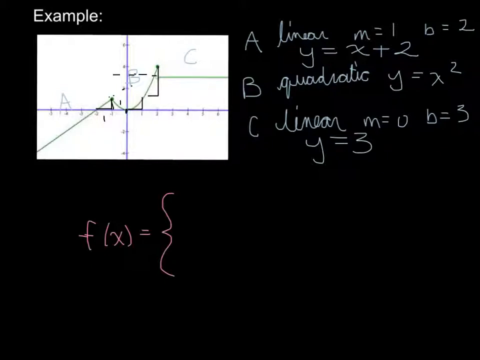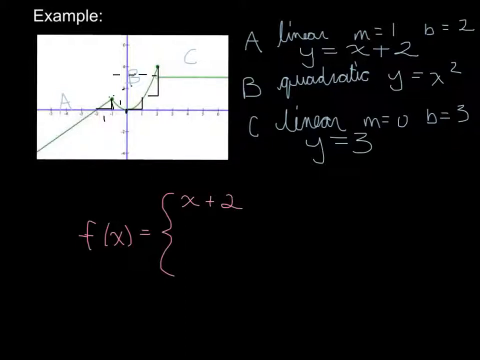So now we just have to put this together into our actual function notation. You'll see here I've used the kind of fun-looking brackets to start it out, and that's how it always looks. So f of x is the defined function, and it's going to go into parts, and all those parts are going to be within this bracket. So our first one here is x plus 2,